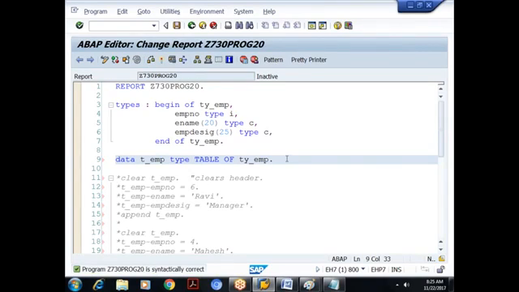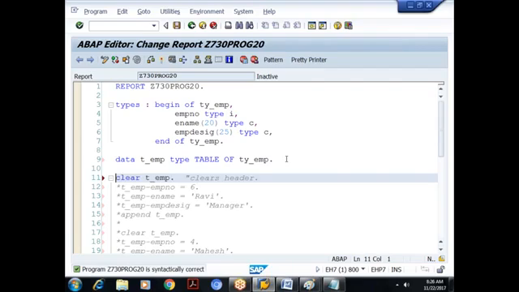Okay. So what procedure are we following in order to fill your internal table? First, you are putting the data in what? Header. From header, we are copying it to what? Body. Okay. So see this. Here I said clear T_EMP. First it checks whether this internal table has got any header.